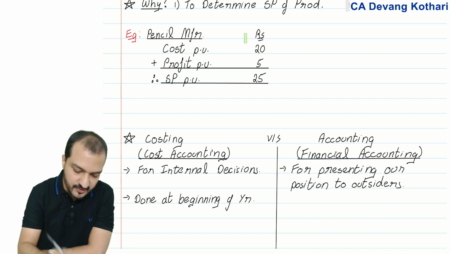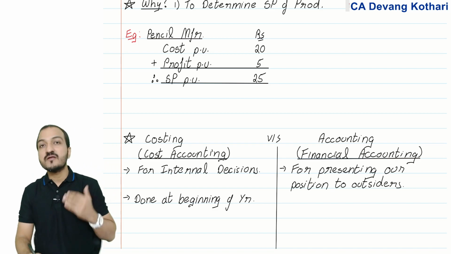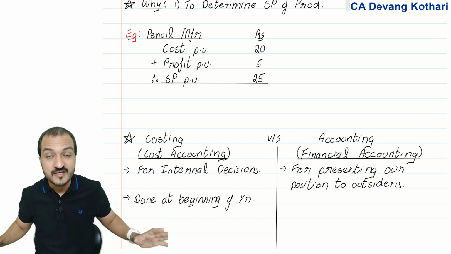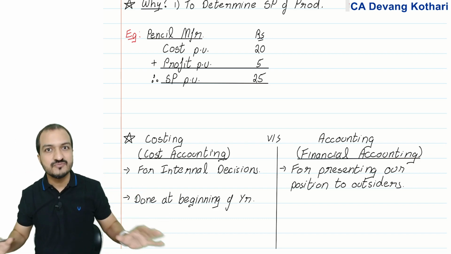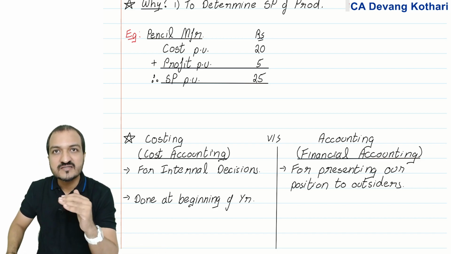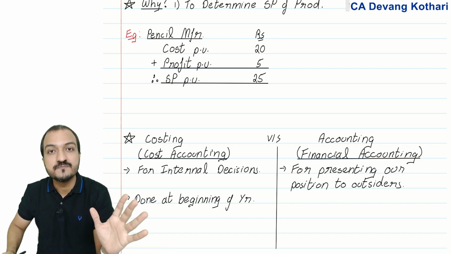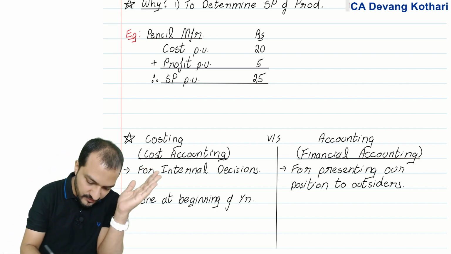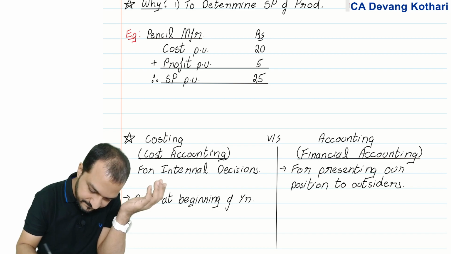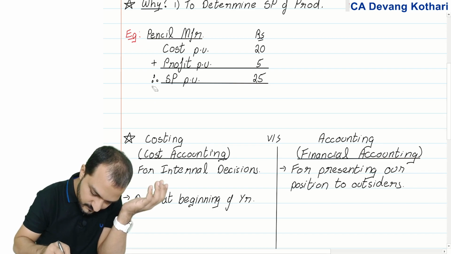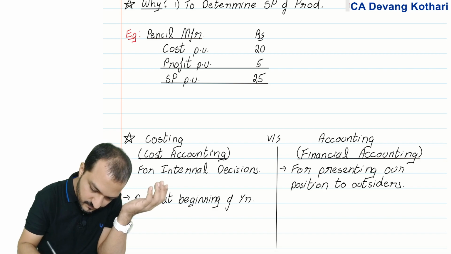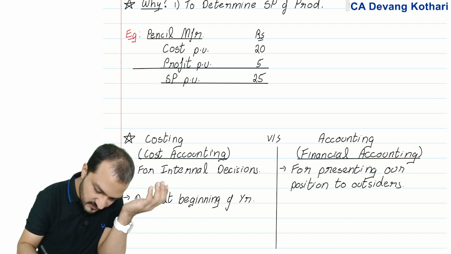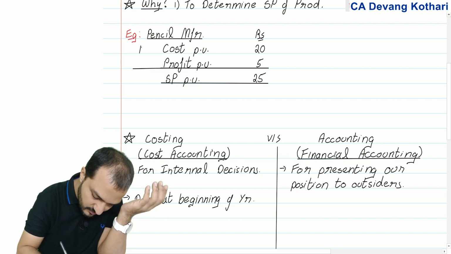Yes, Nimi, absolutely. So that leads to another conclusion here, that this entire subject of costing is a subject of estimates. Entire subject, everything is estimate only. So the cost per unit is, yes, this cost per unit is estimated cost per unit